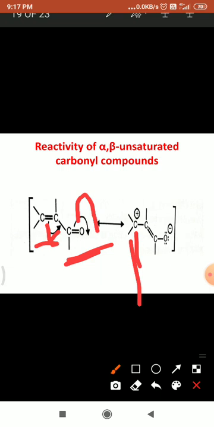See here, for example, this double bond is there, and here the carbonyl group is there, which are in conjugation. See, by shifting of this double bond to here and this to here, easily a positive charge is obtained on this carbon, hence the electrophile can easily attack at this carbon. That means due to the electron withdrawing nature of this carbonyl group, first of all we get a carbonium ion here, hence the electrophile can easily attack at this carbon. So these alpha beta unsaturated carbonyl compounds undergo electrophilic addition reactions.